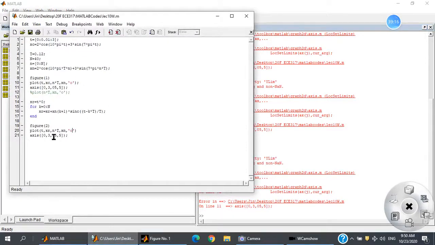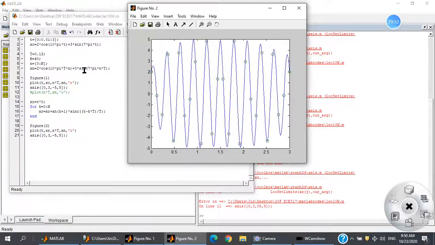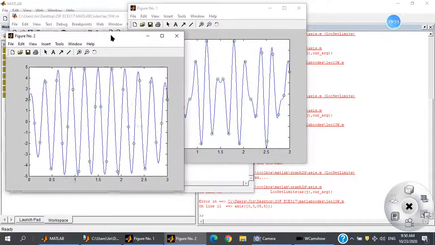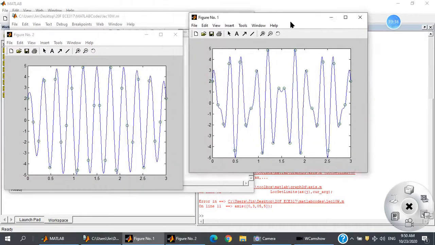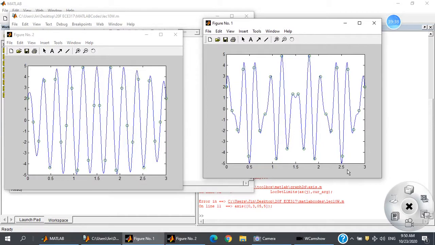It's 0 to 3, and it's -5. Sorry, -5 to 5. Okay, now it's fine. So both graphs run from 0 to 3 on the x-axis, the time running from 0 to 3. Those circles are the samples,